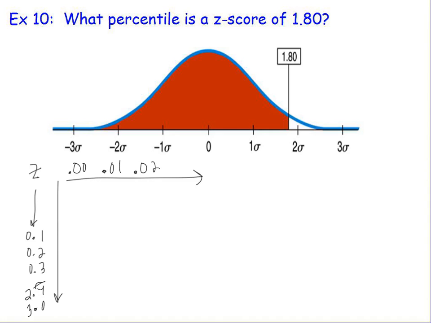So when you look up these scores, one, you have to make sure you're on the correct side. This z-score, 1.80, is a positive z-score, so you should be on the side where the numbers are positive. The first 2 digits, 1.8, tell you to go down to 1.8. Then, because the third digit is a 0, we just go over to this first spot. So you go down to 1.8, look at that very first spot, and you should see the number